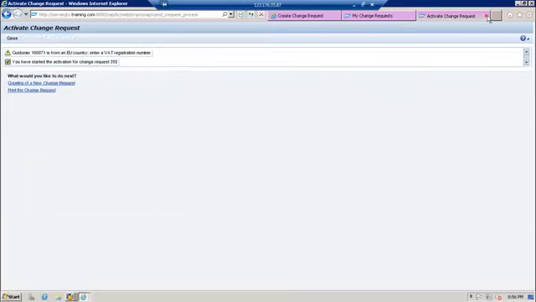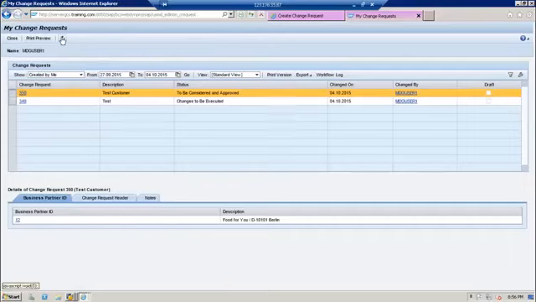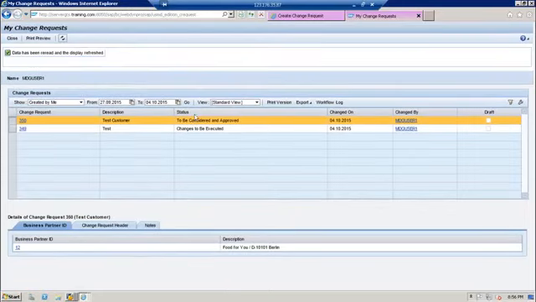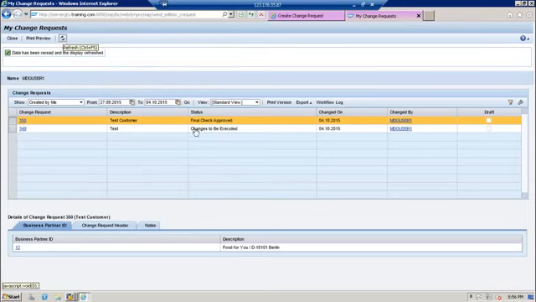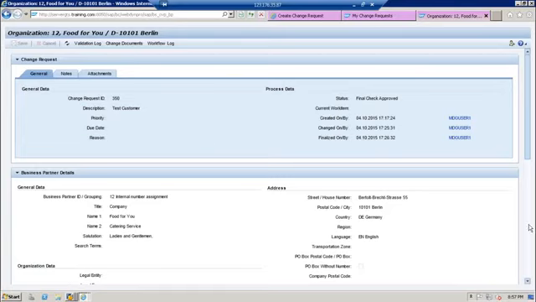So I activated. So now the final check approved status should come. Activation process is in progress. So here, once activation is completed at the database level, you can see final check approved. See, final check approved status came, and if you go here into the business partner 12, and see the customer details,